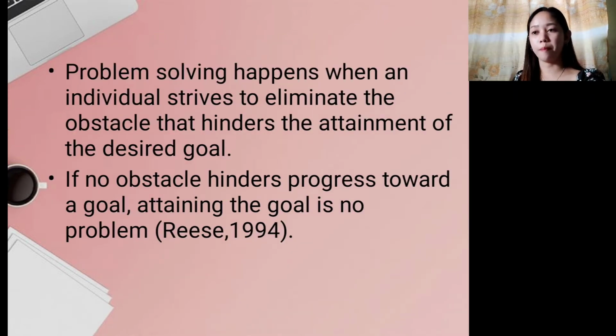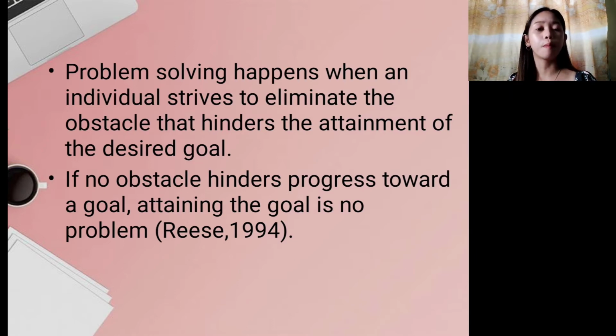Problem solving happens when an individual strives to eliminate the obstacle that hinders the attainment of the desired goal. So problem solving happens when a person or an individual tries to resolve all the barriers and hindrances so that they can achieve their goal. If no obstacle hinders progress toward the goal, attaining the goal is no problem. So if there is no problem that blocks or any hindrances that block to reach that goal, then more likely